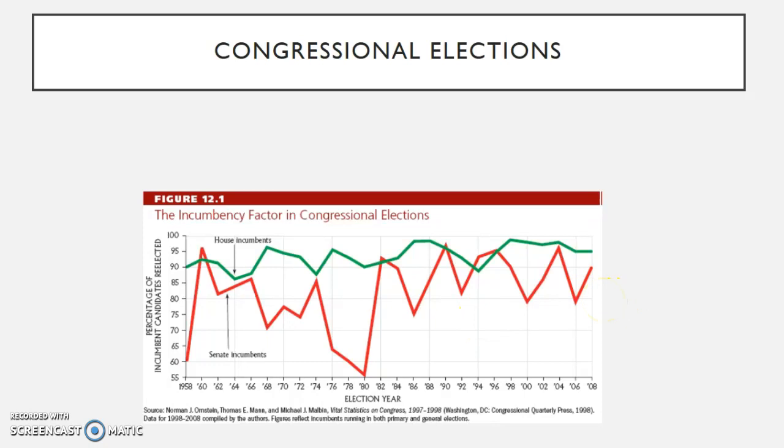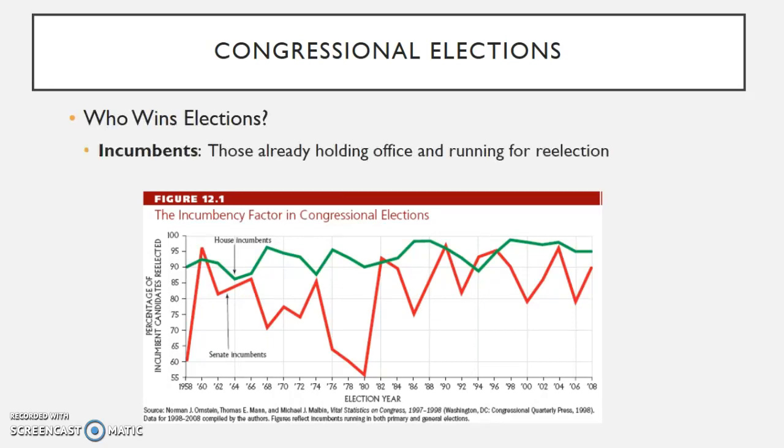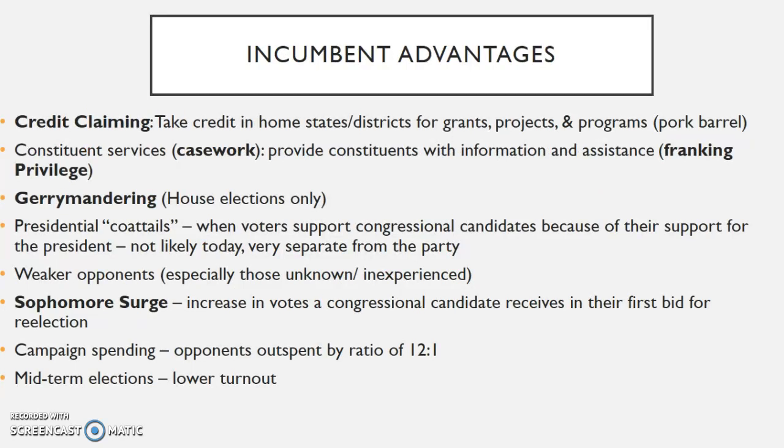So there is this incumbency factor. It is actually very difficult to get somebody out of office who is a senator or a member of the House. So ultimately, who wins elections? Well, incumbents, the people who hold the office and are running for election. And of course, there's some reasons for that. Some of these advantages include credit claiming. When a congressperson, let's say, has a new bridge built, they're going to take credit. When they get grants, project money, new programs, part of their pork, they're going to take credit for that. When they do casework, if a constituent isn't getting his or her Social Security check, they will look into it. And again, once that person gets their check, they're going to be a lot happier with that congressperson.